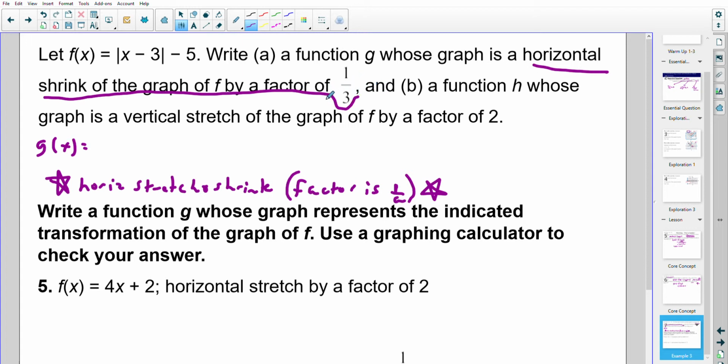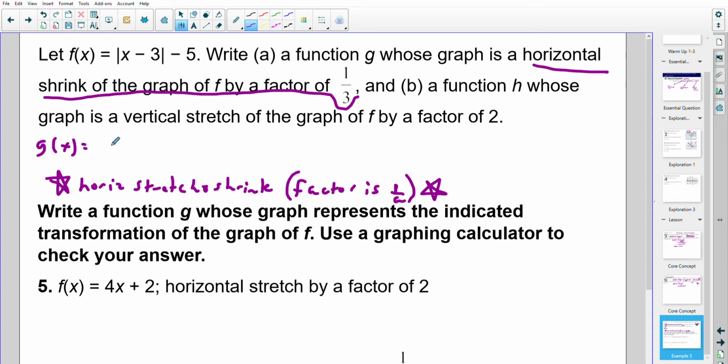Couple things. Horizontal shrink means that it's going to be making your x's such that the graph is going to get wider at the horizontal axis. It's going to be shrinking horizontally. It's not going to hug the x-axis. It's going to make it wider. And in order to do so, the factor actually becomes 3, not 1/3. In other words, you're going to want to write in 1 over 1/3, which is 3,